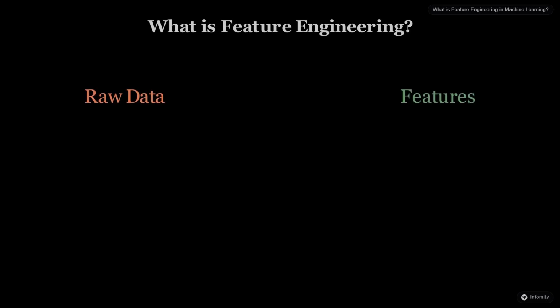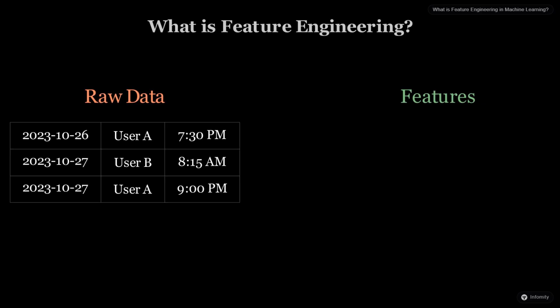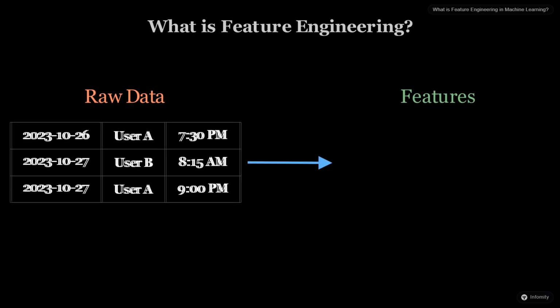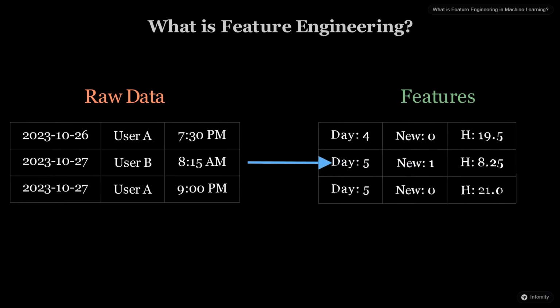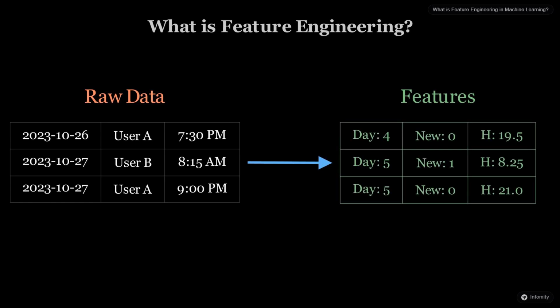In our last discussion, we explored how machine learning models learn during training and make predictions during inference. But what exactly do these models learn from? They learn from features, which are essentially the measurable properties or characteristics of the data. Often, the raw data we collect isn't directly suitable for a machine learning model. This is where feature engineering comes in. It's the art and science of transforming raw data into these more meaningful features, making them ready for a model